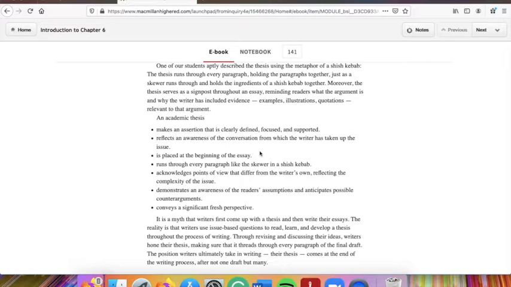A thesis reflects an awareness of the conversation from which the writer has taken up the issue. So you're going to have to be able to contextualize your thesis, as we're going to talk about later. It is placed at the beginning of an essay, not necessarily the very first sentence, usually in the last sentence of the first paragraph,